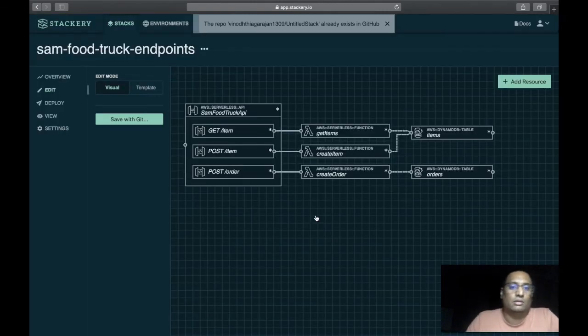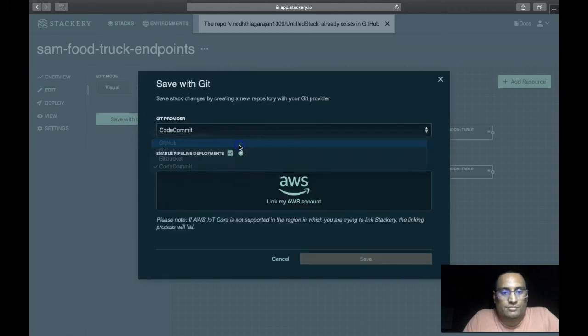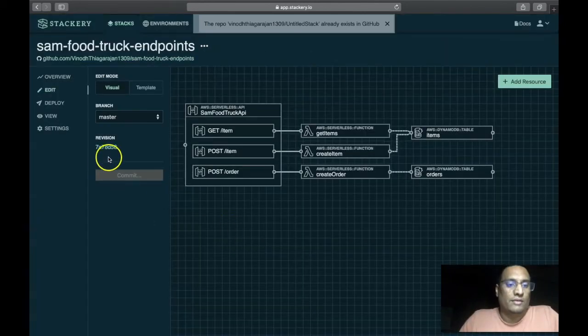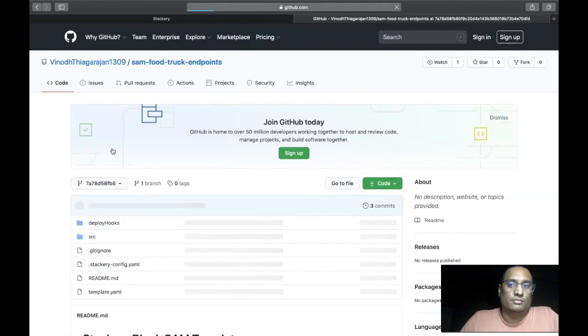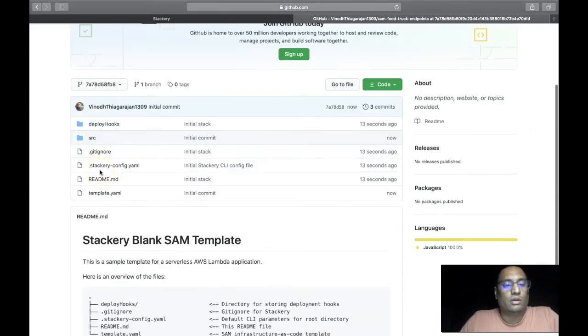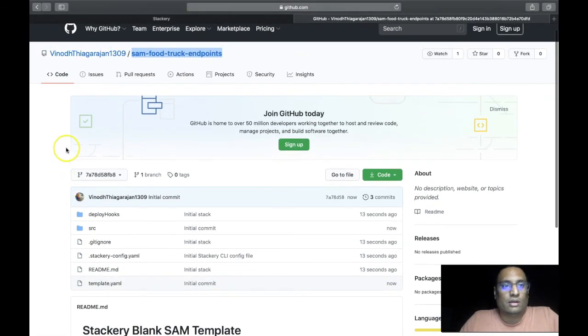Update it and save it to GitHub again. And saving it. If I now go back to the revision, you can see the repository has been created in my GitHub repo. And let me go ahead and unpack this using my local Git, and let us explore the directories whatever has been created for us by Stackery.